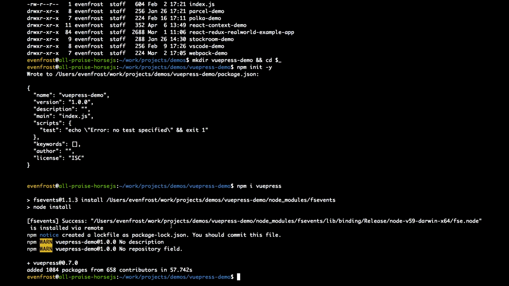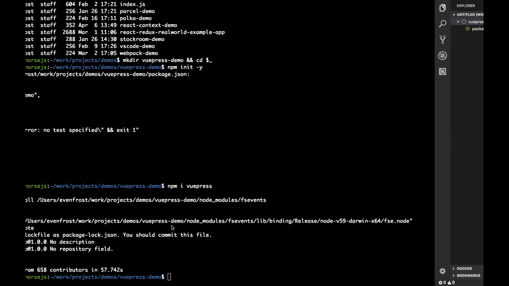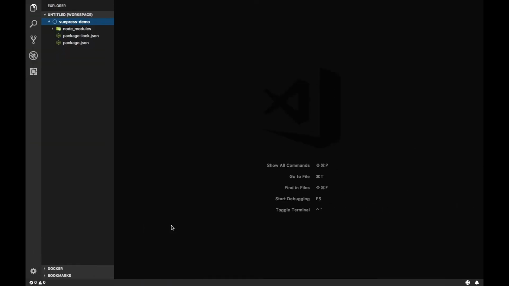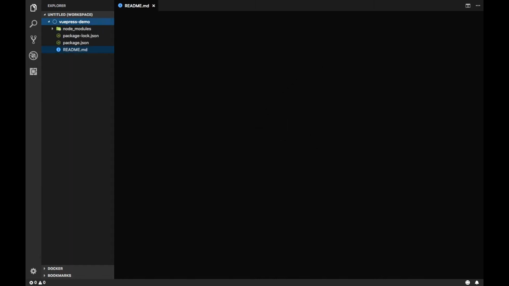So it's installed, and let's create some simple Markdown file, as VuePress works on Markdown, but it's not limited to it. Let's create a new file. Let's call it just readme.md. It will be like our index.html but for VuePress, and let's create some Markdown stuff here. For example, let's write